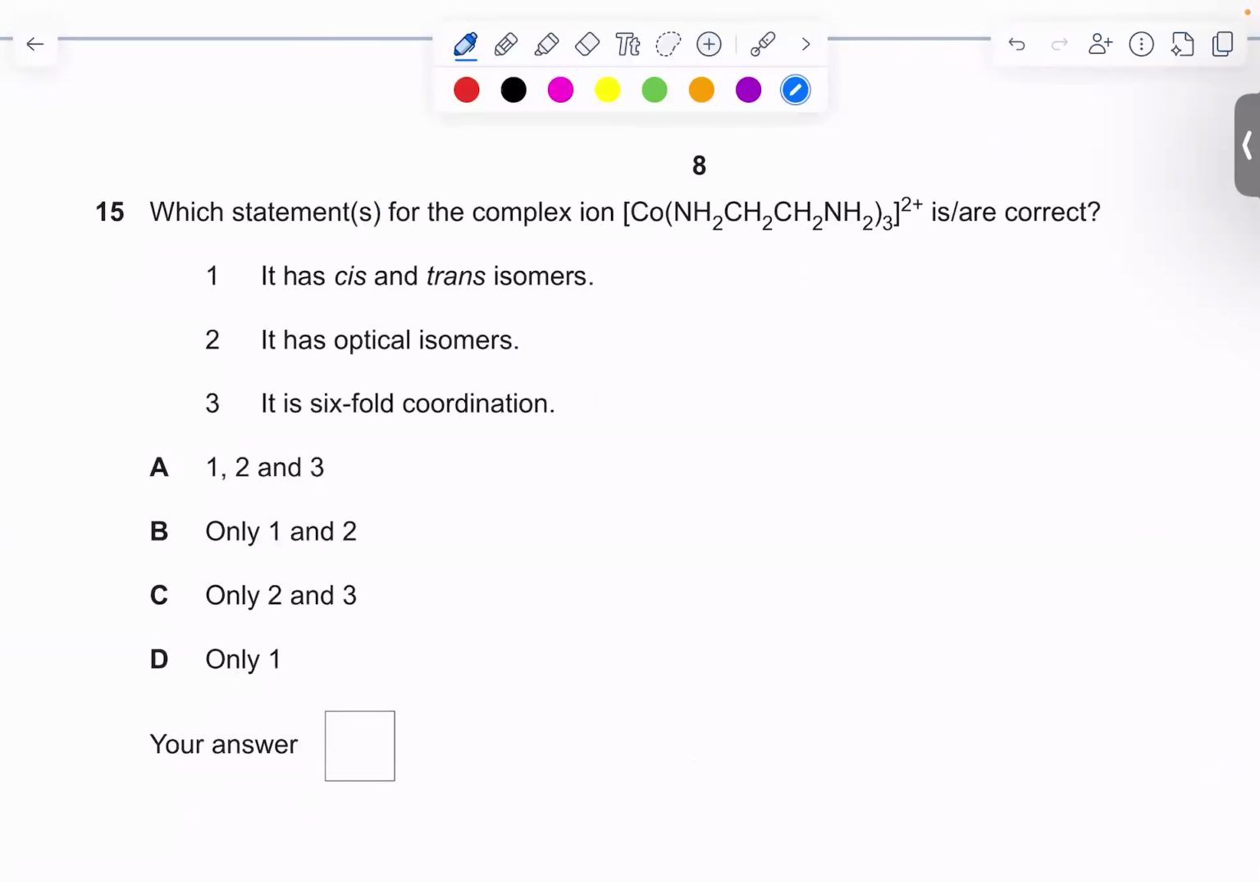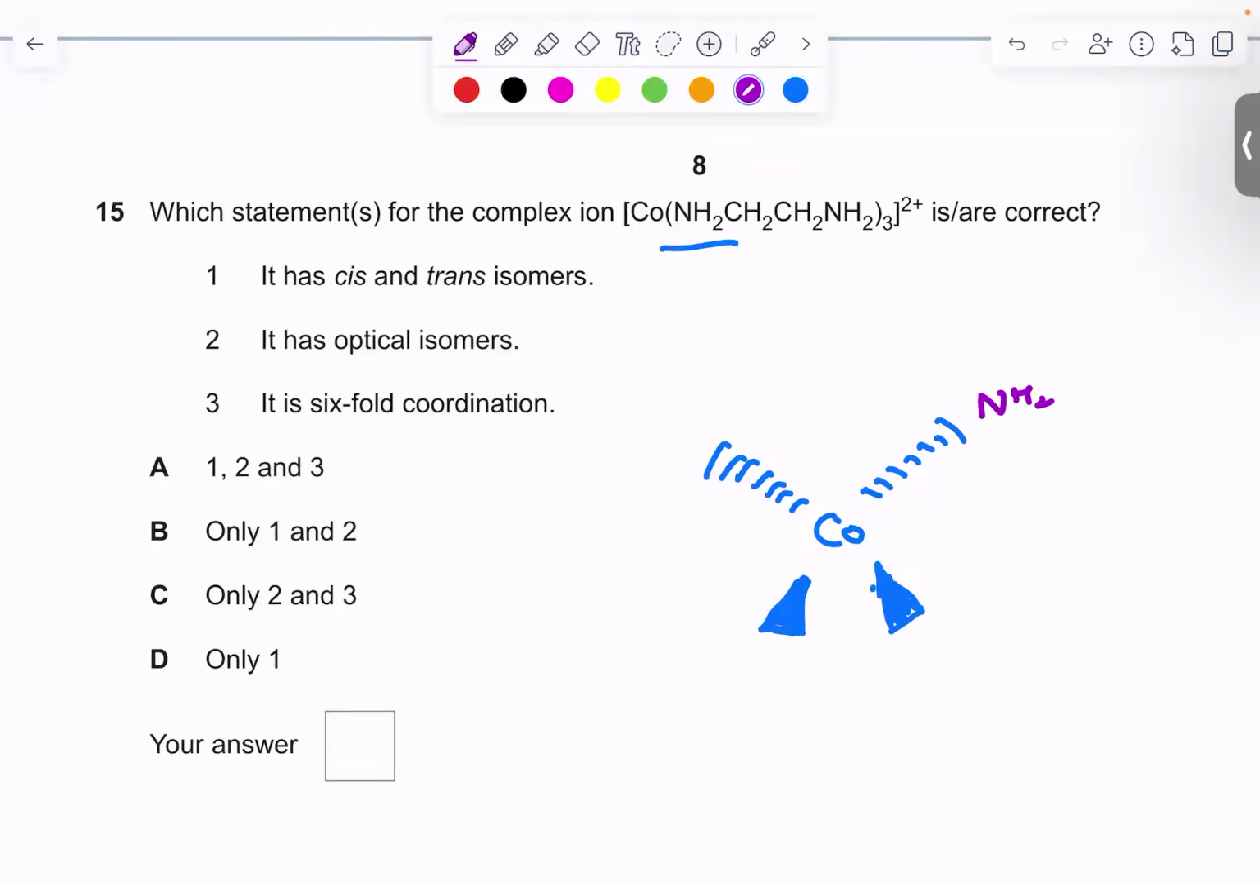All right. Okay. Which statement for the complex ion is correct? Okay, so let's make it out. CO, then like this. Surely all complex ions have optical isomerism. Yeah, this is a transition metal complex. So this, and then this, and then we have